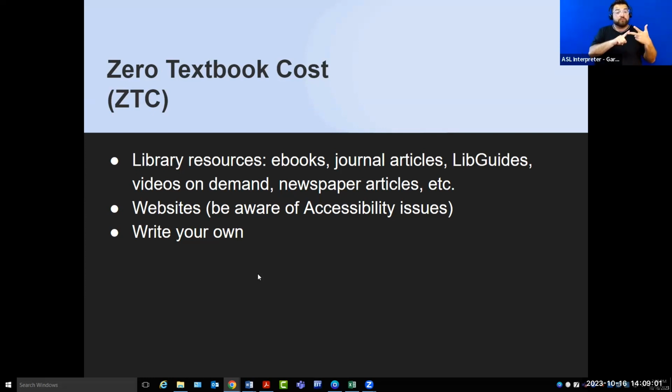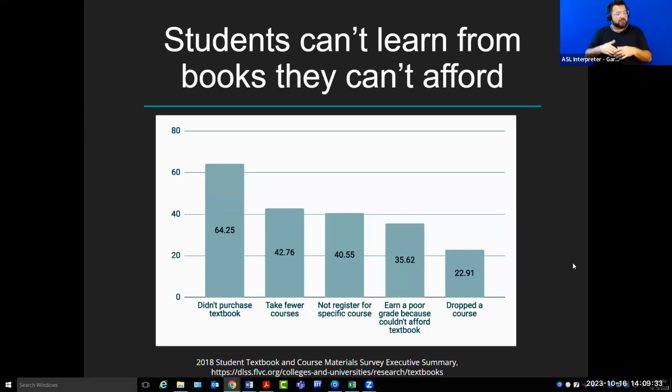And I say write yourself, you can write these materials on your own. We're all doing this. We all do this all the time. If you're an instructor, you're writing content, you put instructions on your Canvas pages, you make handouts with content on them, you're already doing that. It's just a matter of scale. Whether you're writing a book or a chapter or a paragraph, you are writing free material for your students to some extent. Okay, I'm not going to spend too much time on this.